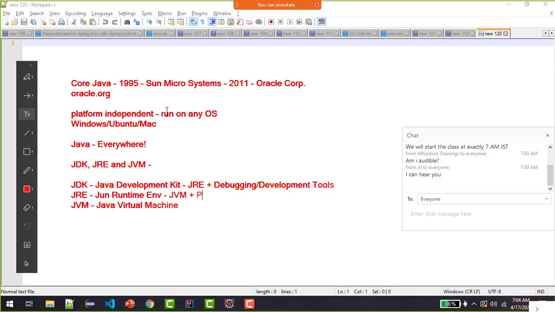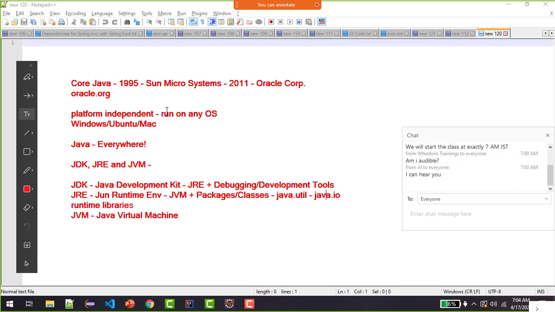And it has all your Java packages, or in basic language, all your Java class files. What are those packages? We'll talk about the java.util package for all collection related APIs. We'll talk about the java.io package for all file input output related APIs. And it has all the runtime libraries also, which are required to run your Java applications.